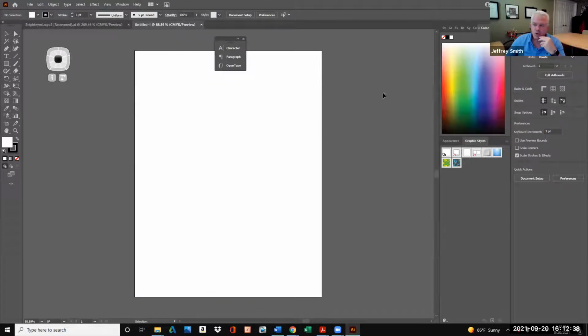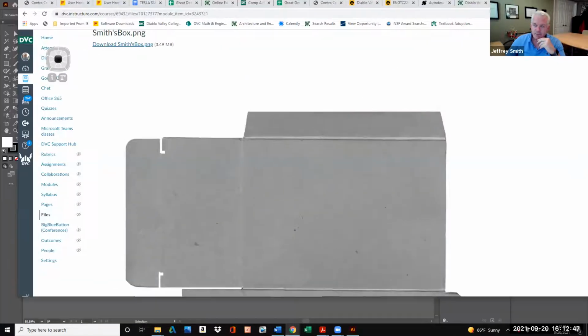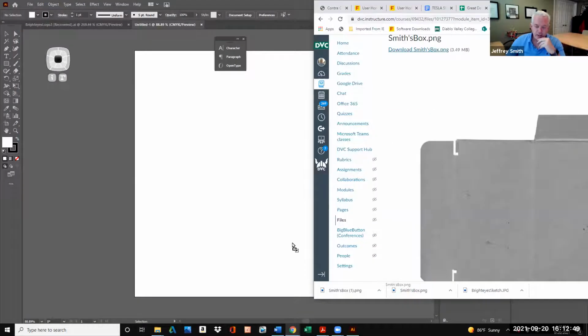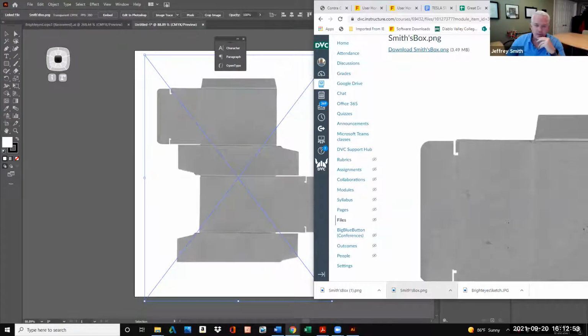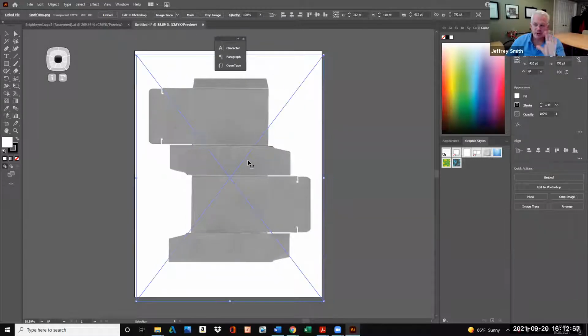So what we want to do then is you can import the files. I find the easiest way to do it is just right from the canvas. I just drag the object into Illustrator. And so once that's there, that is the box. You don't need to scale this in any way. We're going to go ahead and make